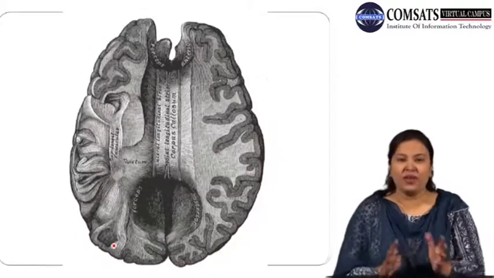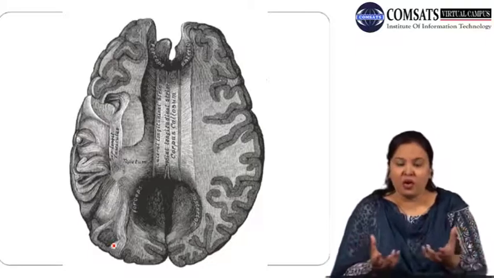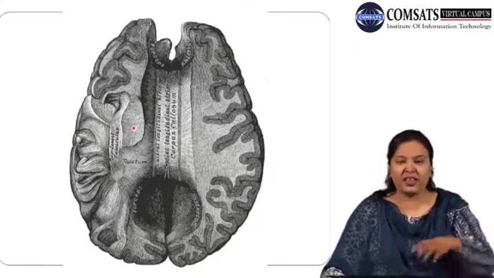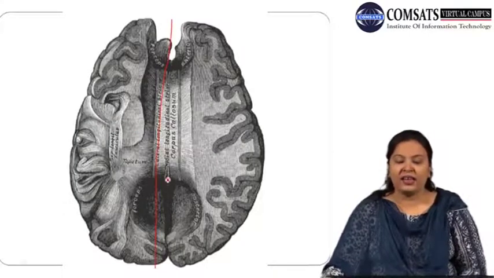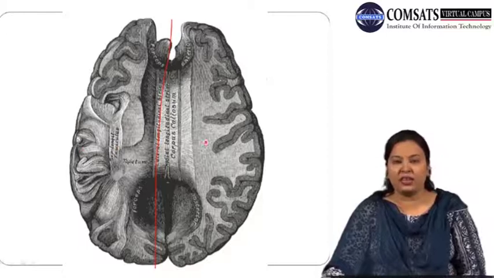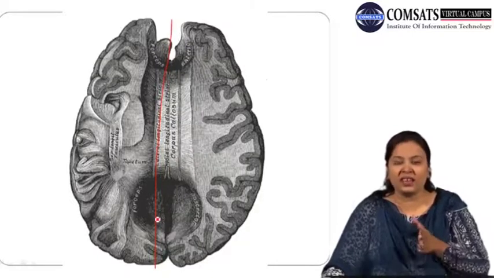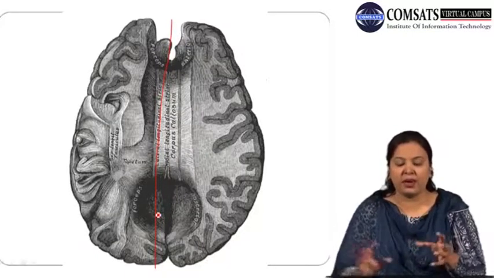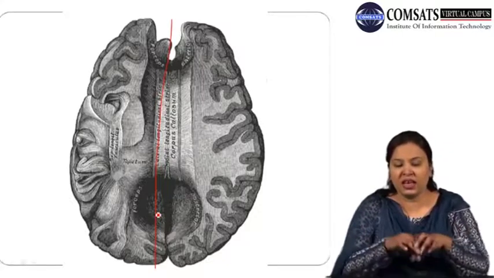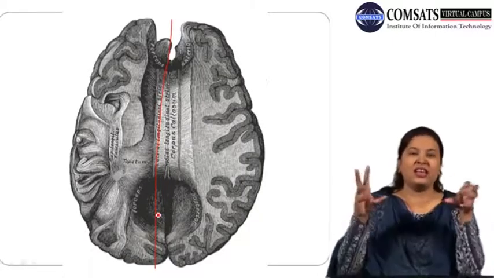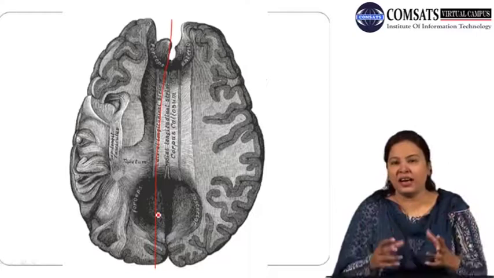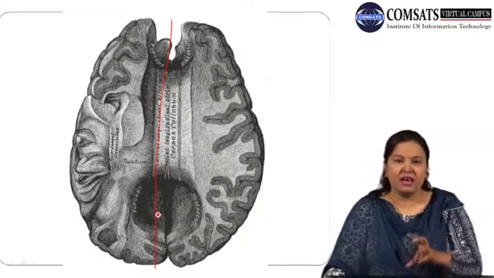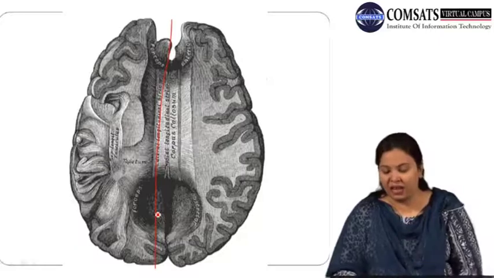But with respect to language, we are just focusing on certain parts of the brain which are more related to language. If you have another look at the brain, over here you can see the top portion. It is divided into two parts, the left and the right hemisphere, and in between is the line that separates the two parts of the brain. This is another view of the brain where you can see clearly on one side the left hemisphere, and on the other side the right hemisphere, another way to represent the human brain.